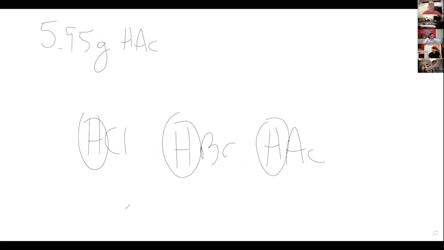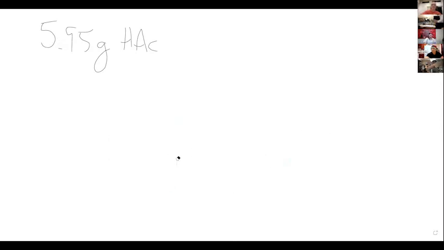So there's the proton, and this is the acetate part. You may or may not have seen people using that. Anyway, this is my mass of